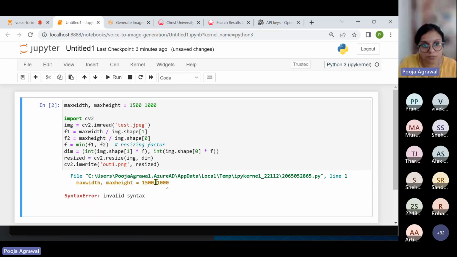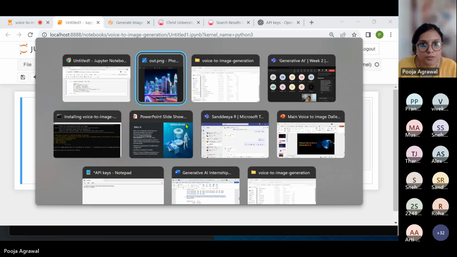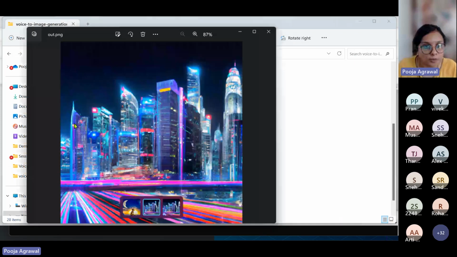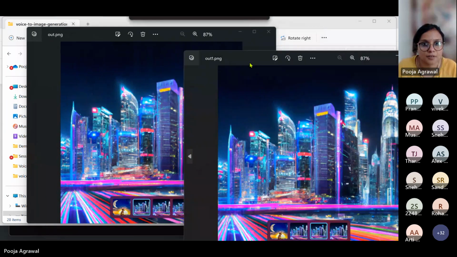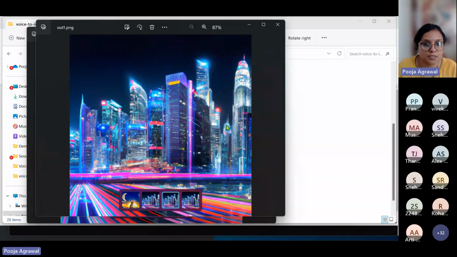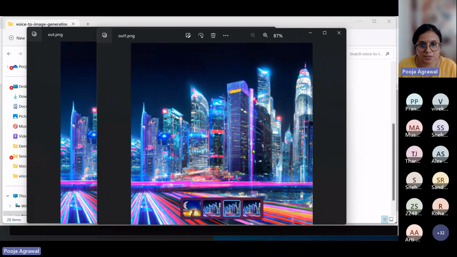PNG and then just maximum height width. Yeah. Now it is true. We go and check out the output one. Doesn't seem to be much of a difference to me. But yeah, we can resize images.